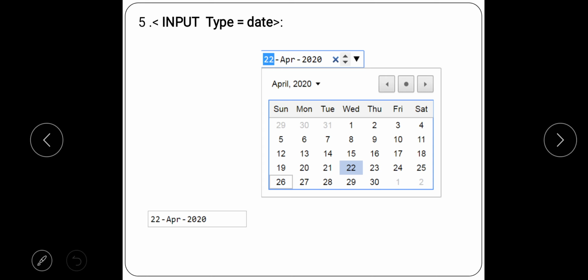Next, input type equal to date. Now when you type this control, you will first get this type of a calendar, and whichever date you click, whenever you select, then you will get this. Whatever you get is shown on the left side in the box. 22nd April 2020 means whichever date you select by double clicking it, it will take this value. So if you are taking input type equal to date, it will simply take only the date part, right?